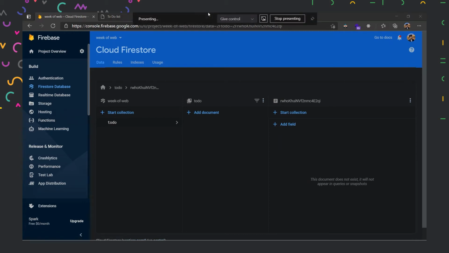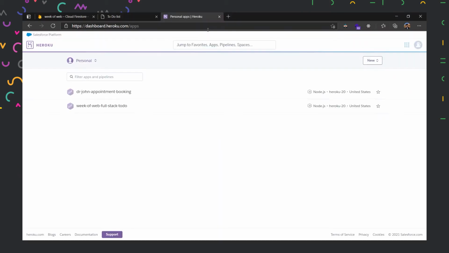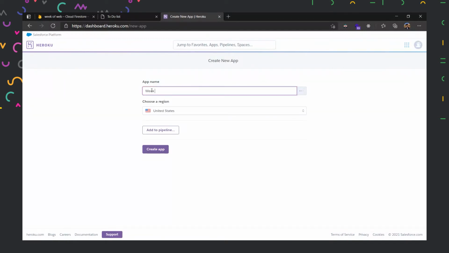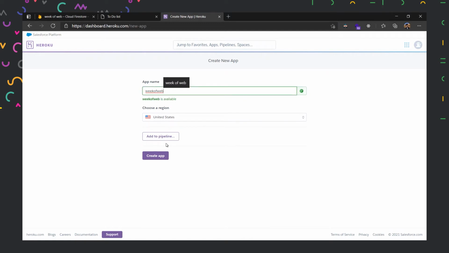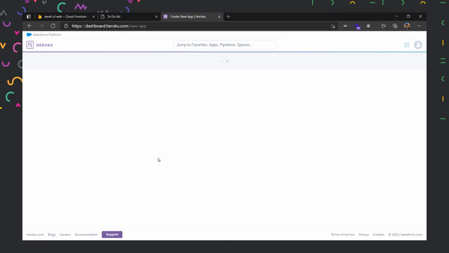But Heroku gives us the capability to host five applications simultaneously with the backend integrated. So let us create a new project here in Heroku. In new app, I'll just add week of web, and then I'll create the app.